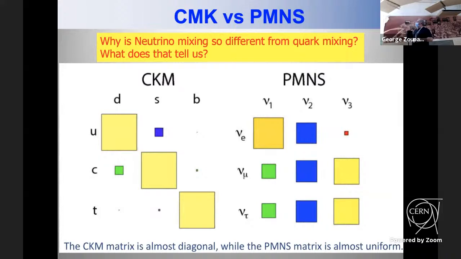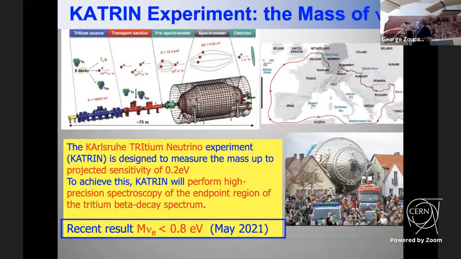Compare that with the quark world. This is the CKM matrix. That's mostly a diagonal type of matrix with some off-diagonal parts, sometimes small bits. This is how the mixing between the flavor states and the mass states looks like for quarks. The neutrino matrix is not quite as diagonal, with quite substantial off-diagonal states. So very different. And of course, we don't know yet where that comes from. Okay,